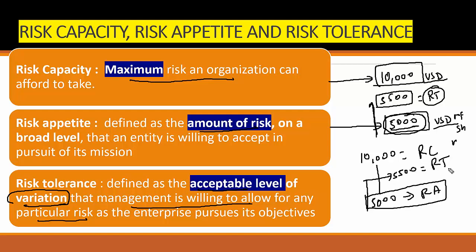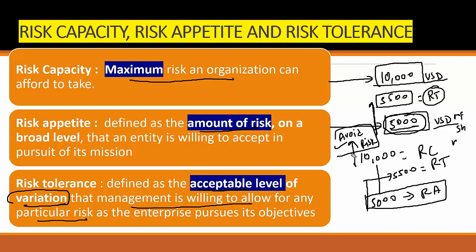Now, during a risk assessment, please try to understand this point. It's a very important point. When you're doing a risk assessment and you identify any risk which exceeds my capacity, one thing you need to remember: in this case, it's better to avoid the risk. If my tolerance exceeds my risk capacity, and even with investing in controls we cannot bring it back, and this is exceeding my threshold of the risk capacity, in that case, avoid the risk. I'm going to discuss this in a further slide, but here I'm just talking about the deviations.